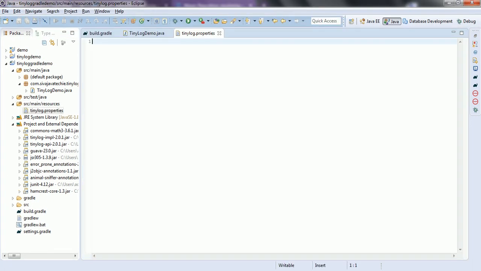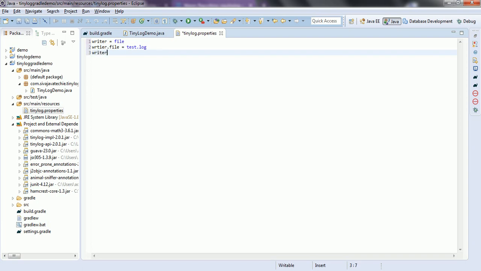Here we can specify what type of format and what is the logger, and whether we need to write it to the file or some database, or in the case of Android, or Tomcat, different types of logging formats are available. Now first let us see how we can write to the file. So writer, we can say this as a file, and writer.file, we can give the file name, that is test.log file, and